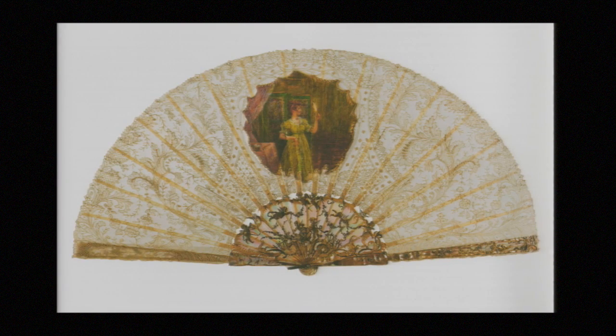The quality of the painting is rather poor, not to say bad. And you cannot see very precisely, maybe on the slide, the quality of the lace, which is absolutely incredible. Same thing with the mounting of the fan. And when we see that, we can be sure that the value of the painting is sentimental. It was made too early. It was painted by her daughter, but her